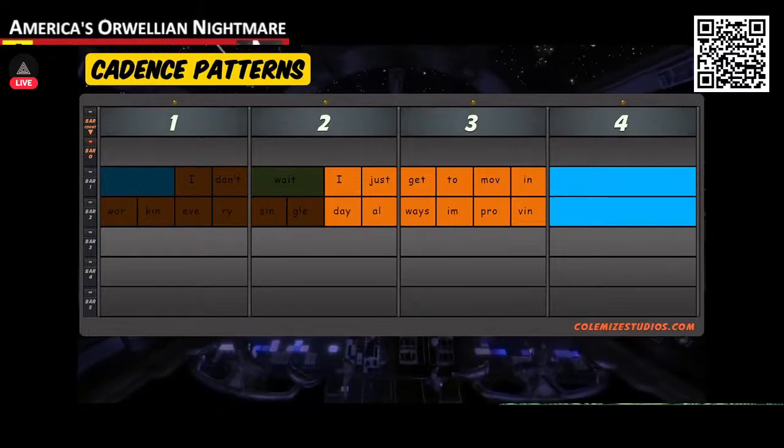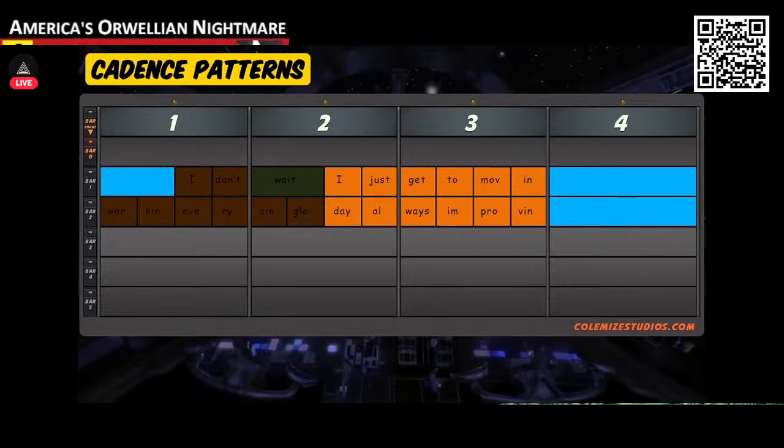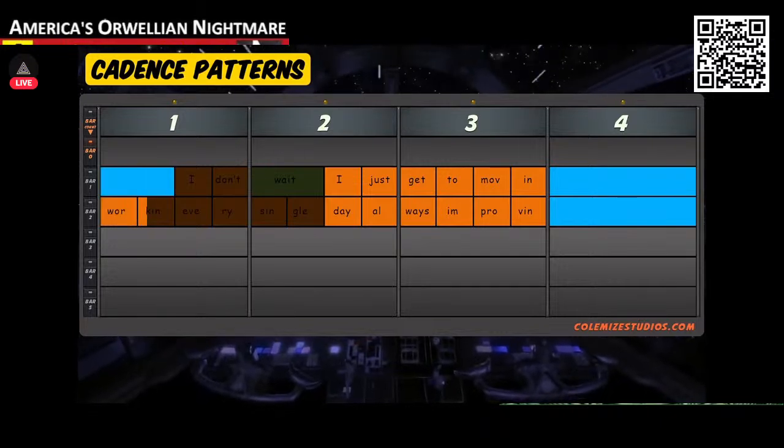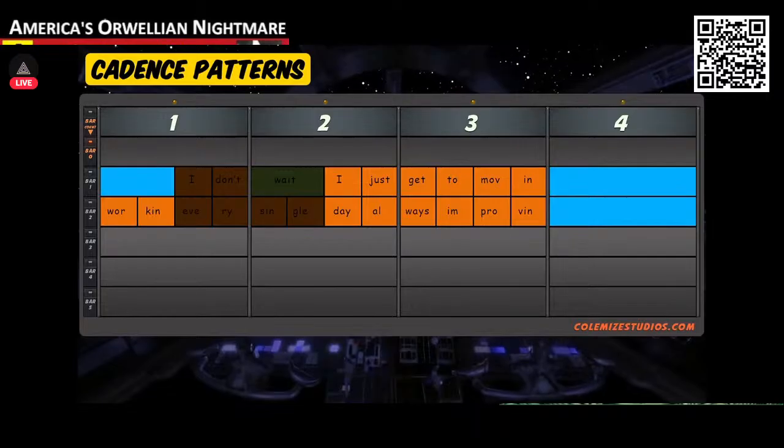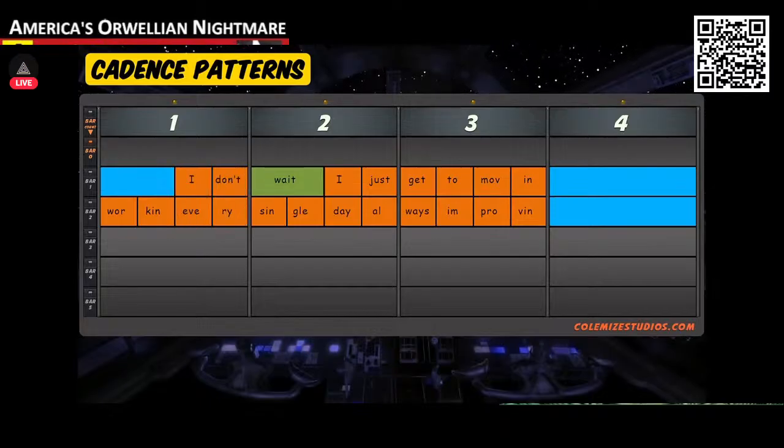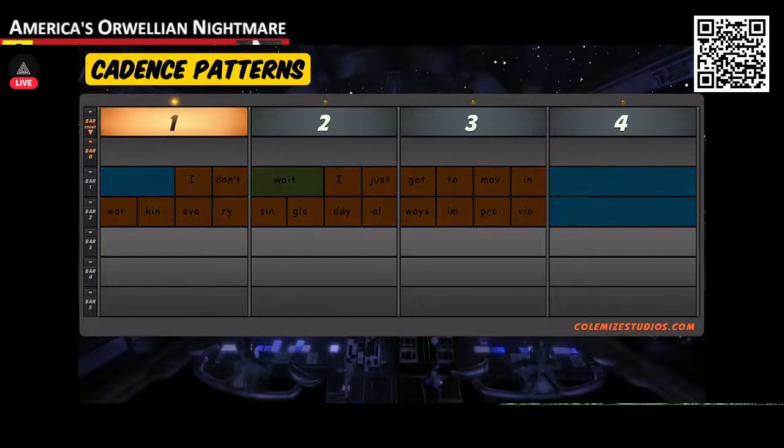But on bar 1, beat 1, I paused for half a beat, and on bar 2, I filled it in with 16th notes. On beat 2 of bar 1, I used an 8th note, and on bar 2, I used 2 16th notes. So while there are parts of my bars that are exactly the same, there's also parts that are slightly different. So when you're creating patterns with your cadences, the whole bar doesn't have to be exactly the same for it to still feel like a repeating cadence pattern. Now let's listen back and focus just on that.